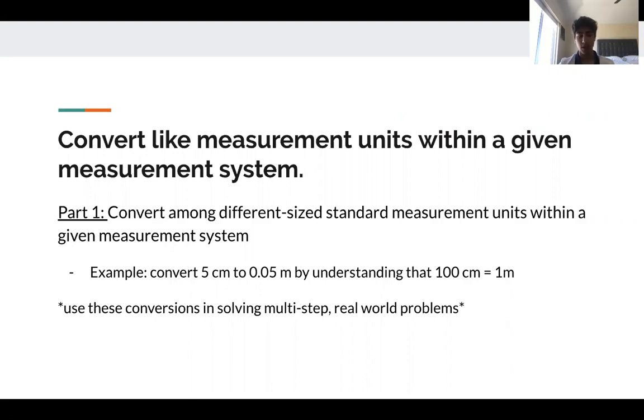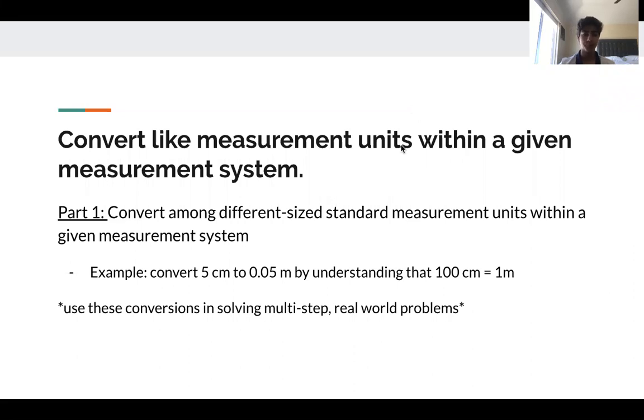every meter. So for example, if I had 5 centimeters and I want to convert that to meters, I have to understand that since there's 100 centimeters in a meter, then 5 centimeters is simply going to be 0.05 meters, since 5 centimeters is 5/100ths of a meter. Now, usually you're going to use these conversions in solving multi-step real-world problems. So usually these conversions will ask you about a specific scenario going on, and then you have to apply it